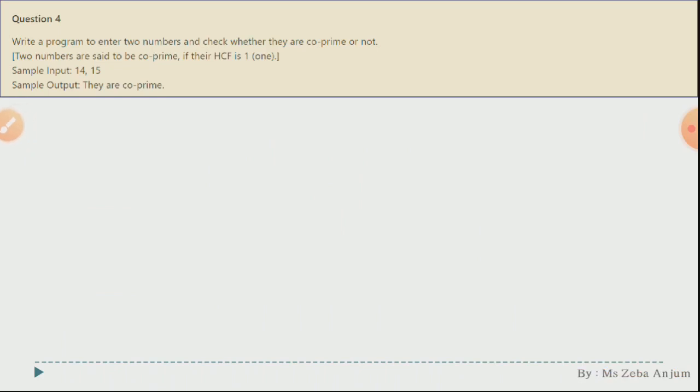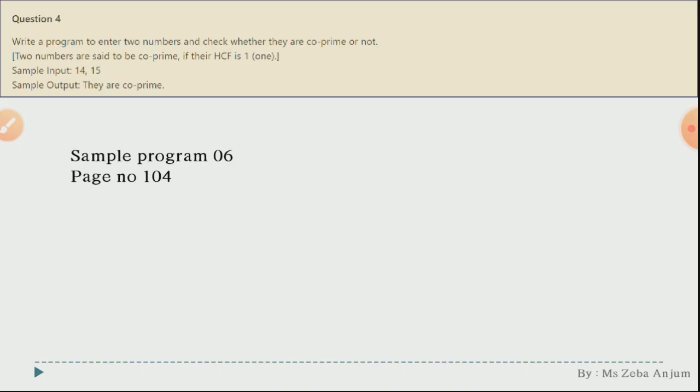When you have calculated the GCD, then you have to check whether your HCF or GCD is 1 or not. If it is 1, then they are co-prime, and if it is not 1, then they are not co-prime. Please try this question number 4 yourself. This is sample program number 6 on your page number 104; you can take some idea from there also. At the last, after calculating the GCD or HCF, you have to use an if-else condition in which you check whether your HCF is 1 or not. I hope the thing is clear. In case of any doubt, please let me know in the comment section below.